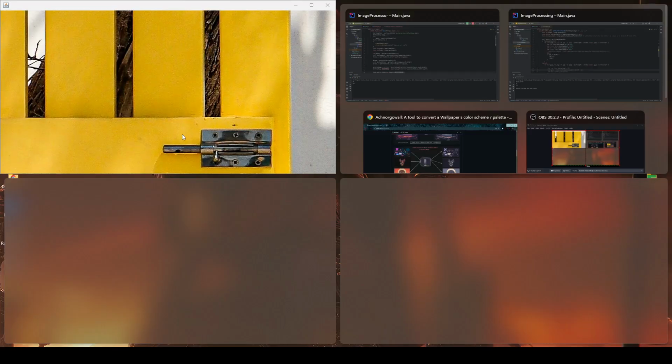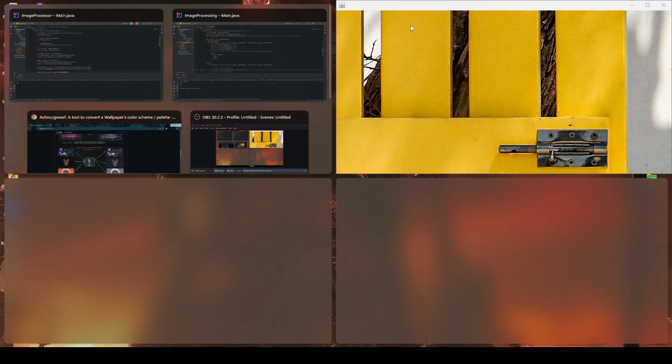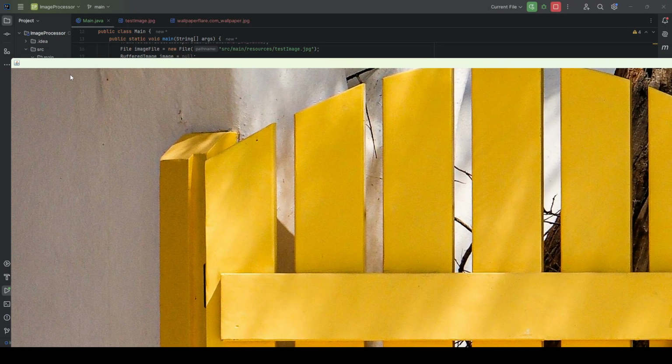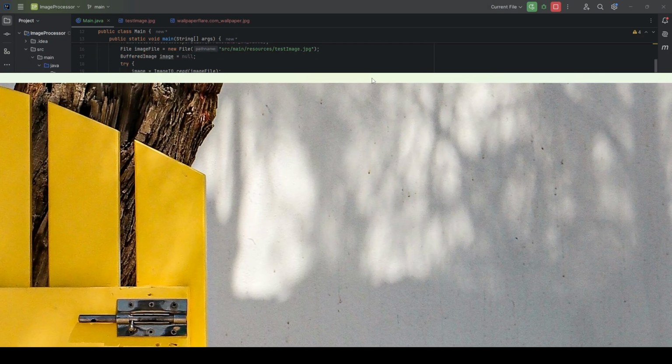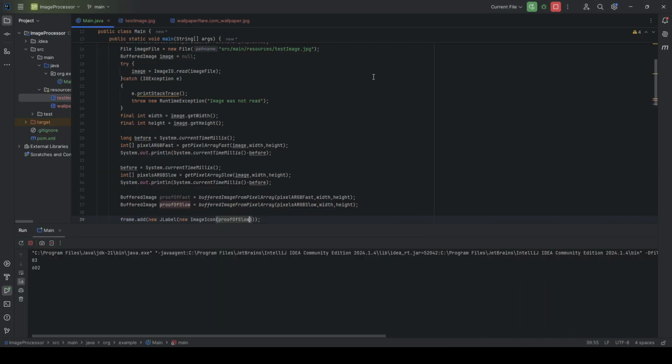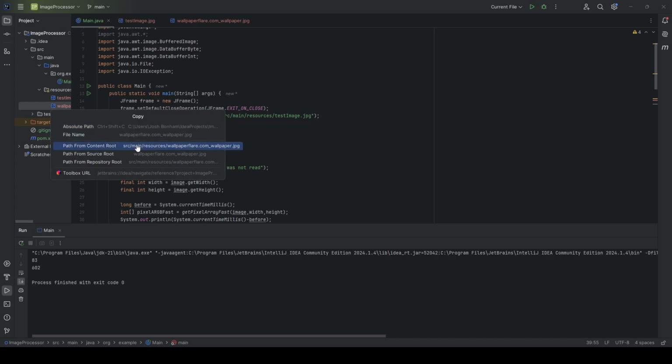So here's the slow one. Oop, there we go. Ah, oh my goodness, fumbling that. There we go. Huge image, just like before. And then we are going to do something that we can actually see a little bit better. Copy the content root,